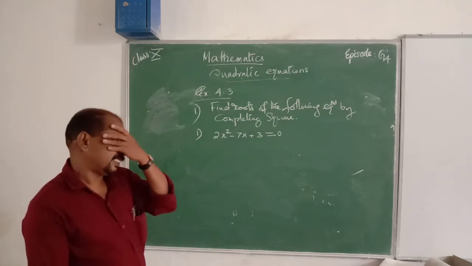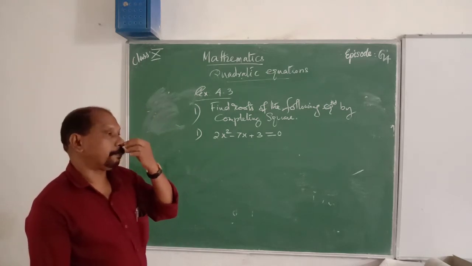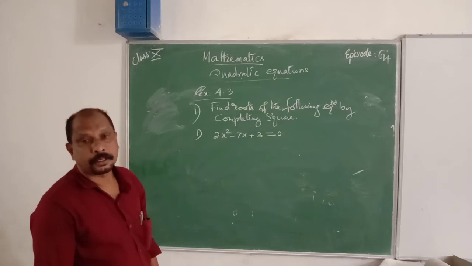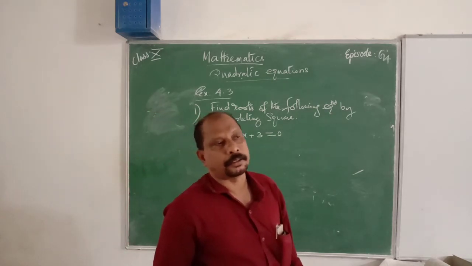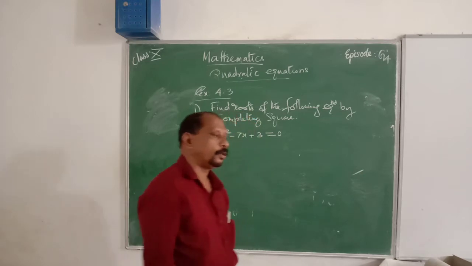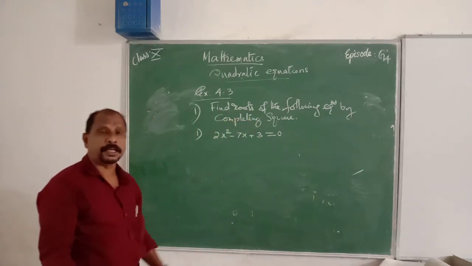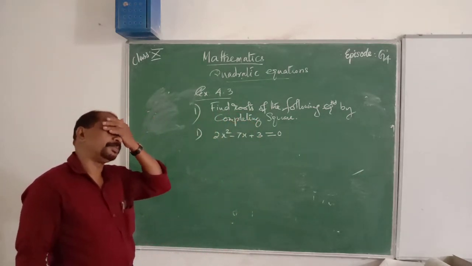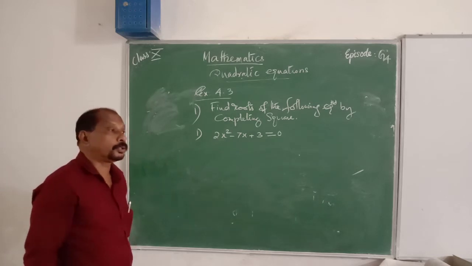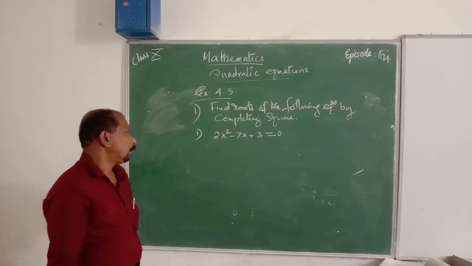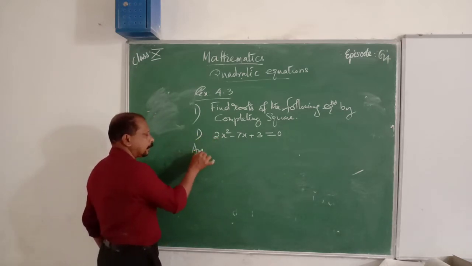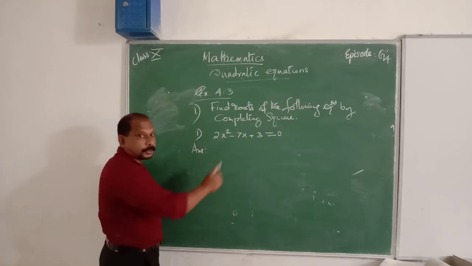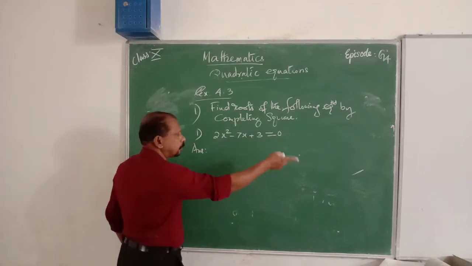In this case, what is the general formula of a quadratic equation? ax square plus bx plus c is 0 is the quadratic equation. First of all, we can factorize that and we get the solution. Second, by completing square means it is of the form (a plus b) the whole square or (a minus b) the whole square. That is the completing square. Then in this case, first step is shifting the constant to the right.